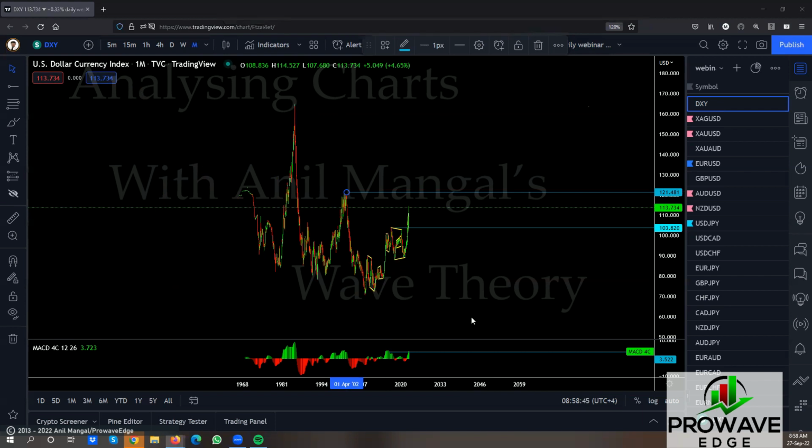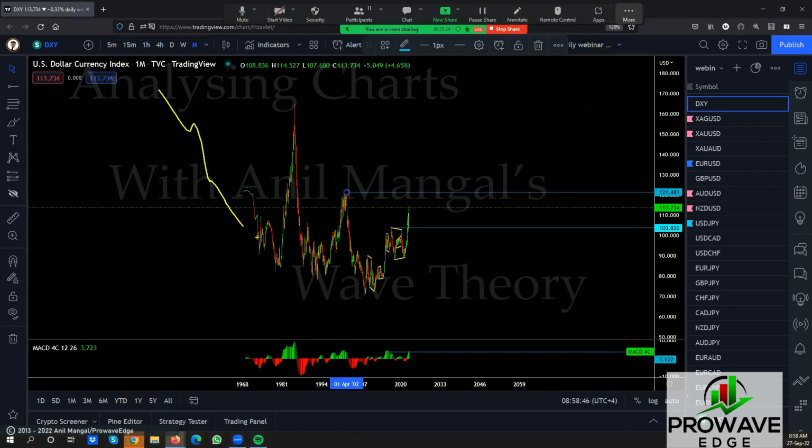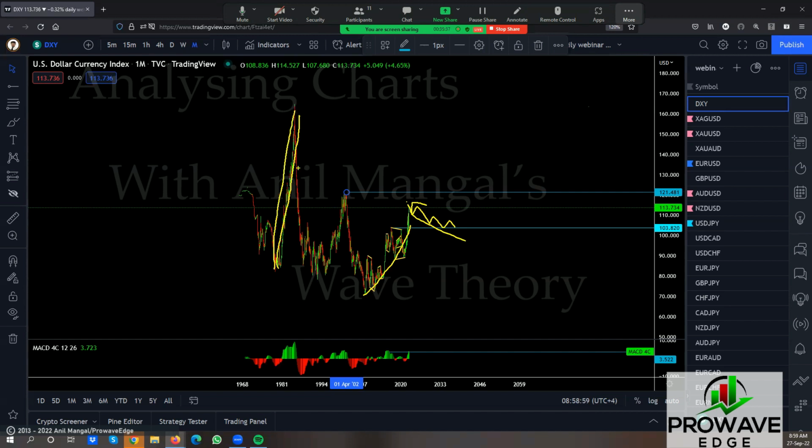If it came from the top, let's assume it came from the top, then this one could as well come back to the top here and then drop, making this a big flat with a very slow start here. But even if that is going to happen, what we learned from wave analysis is that at some point, this one might do this and go. Now, we didn't see that, right? We didn't see this kind of big correction there, which is telling me that this here was either ending something, not coming from the top, but most likely coming from this side, which means this was the end of that big move, and we're in this big move here now, whatever that is.